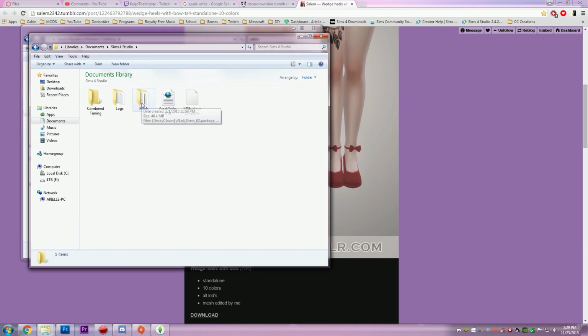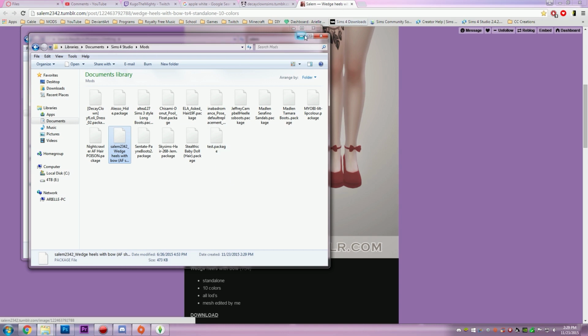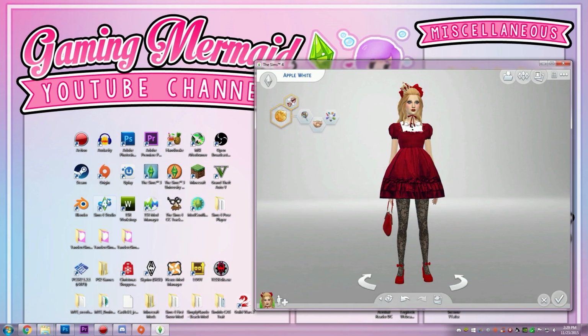We go here to Mods, and then this is where you can paste mods that you want to recolor that aren't originally from the game. So if you guys were wondering, that is how you do that. So now that those are in the Sims 4 Studio mods folder, then we can go to Sims 4 Studio